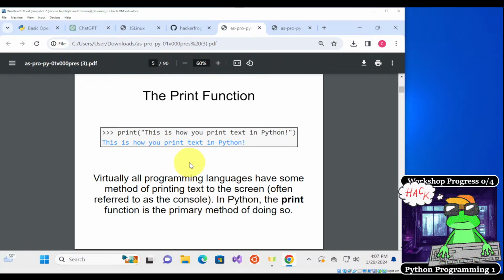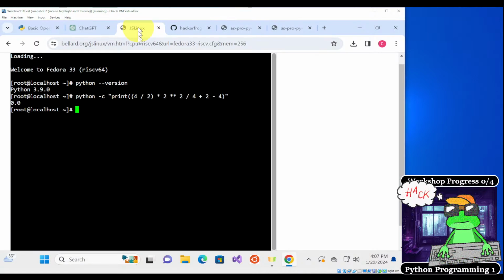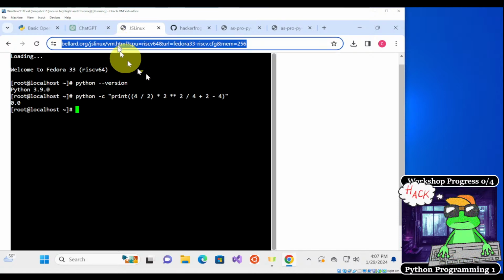In today's exercise, we have two options of how to interact with Python. The first one I'm going to show you here is JS Linux. JS Linux is a web browser version of Linux that you can access from the web, and I'll leave the link for that in the chat.